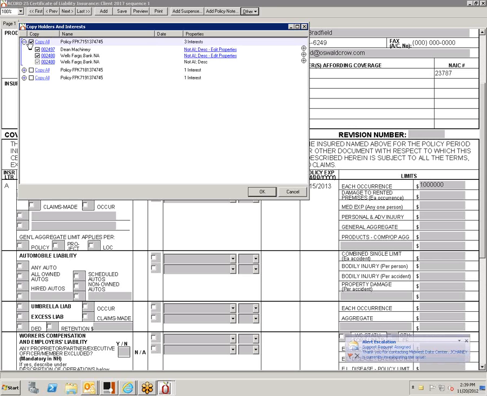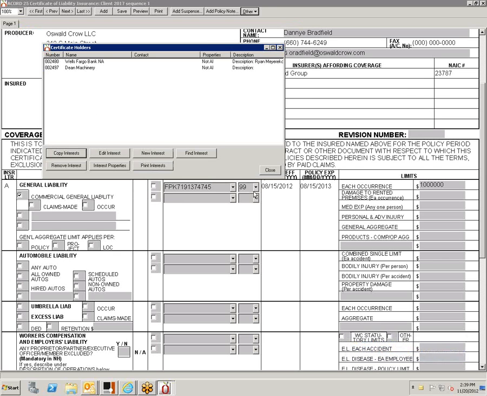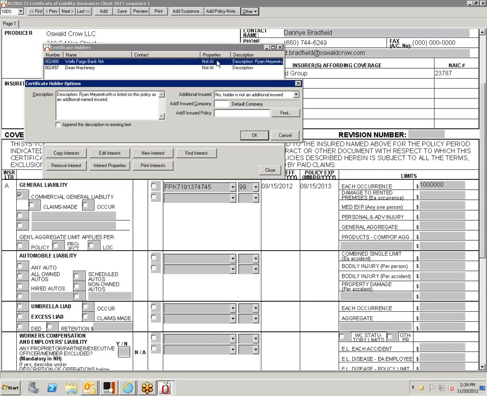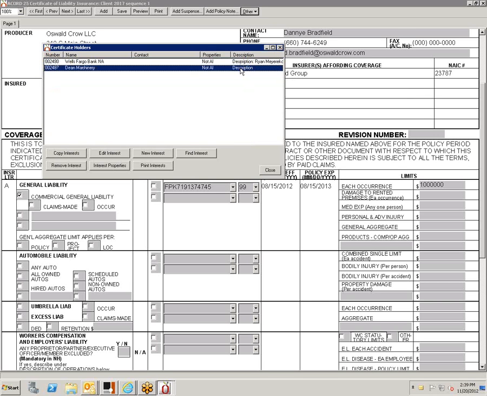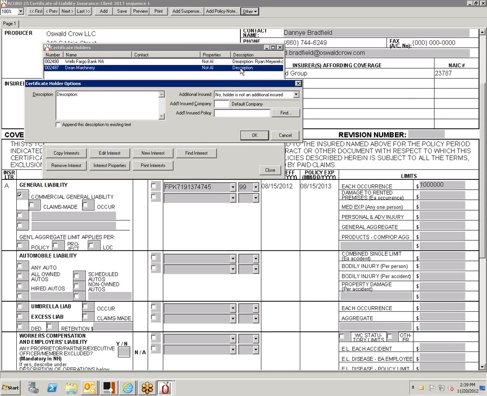Okay. So if I copy that, it would put it on the list. To review the description, all I have to do is double-click after I get it on my list. The same thing holds true for this. No description here.